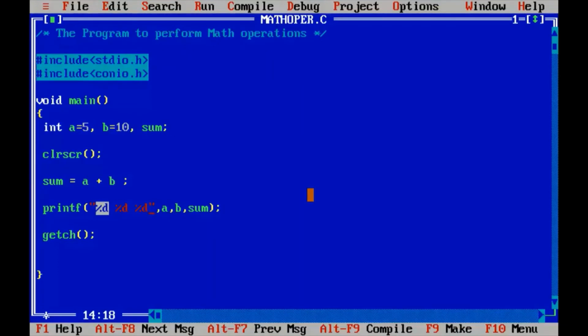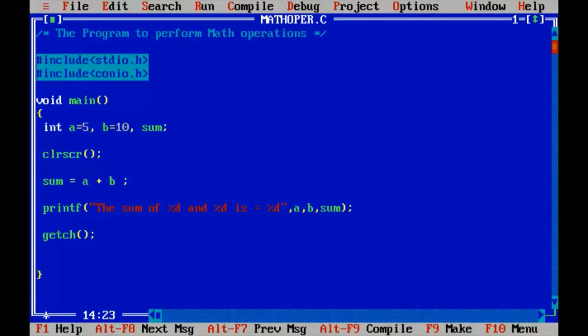Okay, now let's add a meaningful sentence here. The sum of %d and %d is equal to %d. In this statement we have 3 %ds, right?